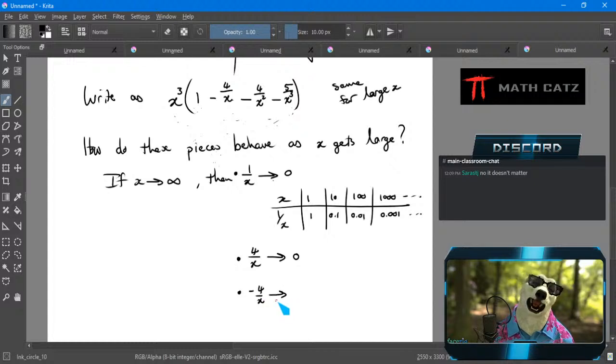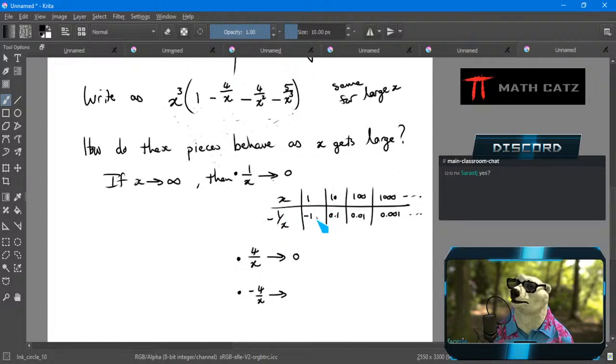I'm only interested in the size. The size is the only thing that matters right now. Does the size of that fraction change by having a negative in front of it? That is a question to you. Does the behavior change if I have a negative there? Okay, you say yes. Let's put a negative over here in my table. Then when x is 1, the